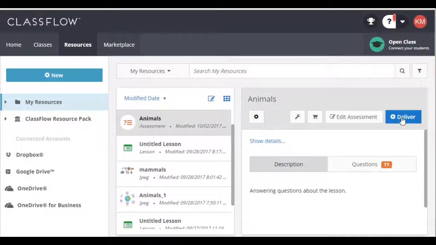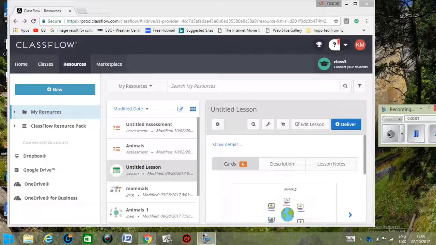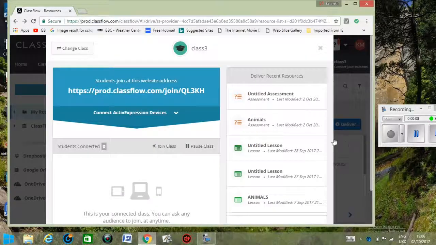So there's the options. And what we're going to do now is to deliver this assessment later, not just yet. First of all, we have to deliver the lesson. So up here, you see Class 3, Connect Your Students. Click on that. And you get this,